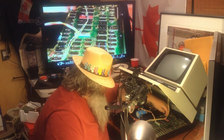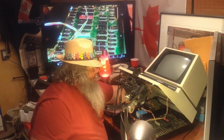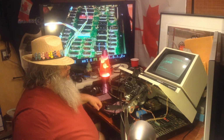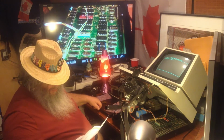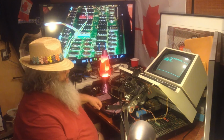Well, going to see what this does. Huh. Now we are cooking with gas. Well, that is funny, because according to this, I'm on 50 hertz. Imagine that. So, now that we have this up and running,